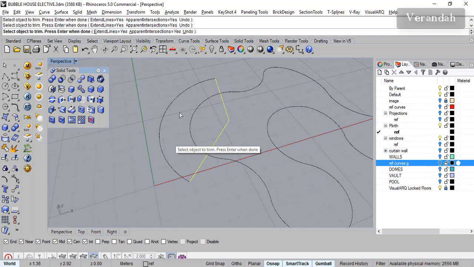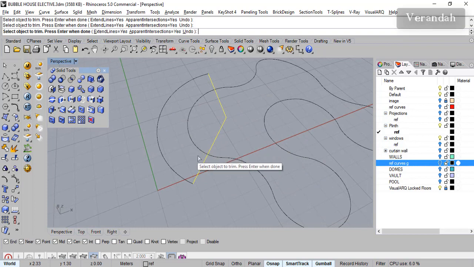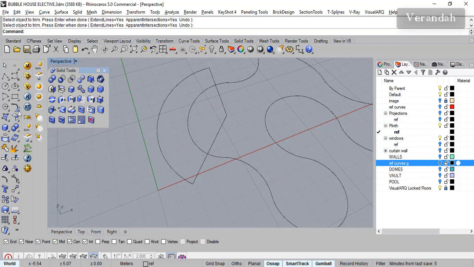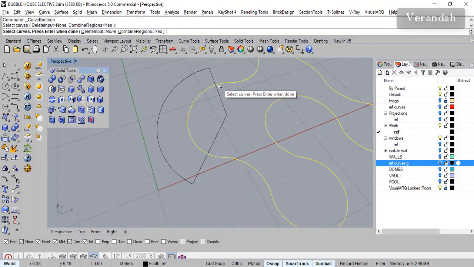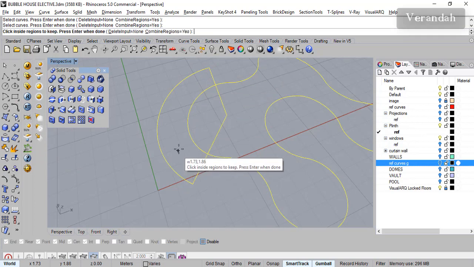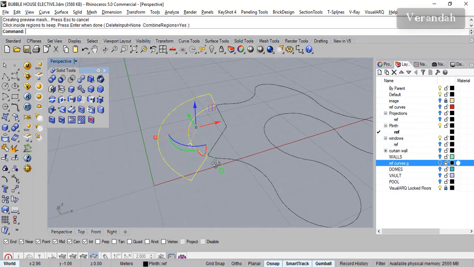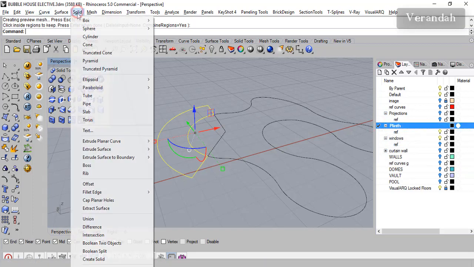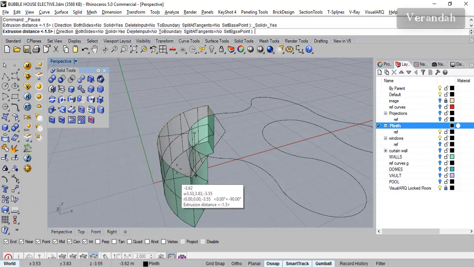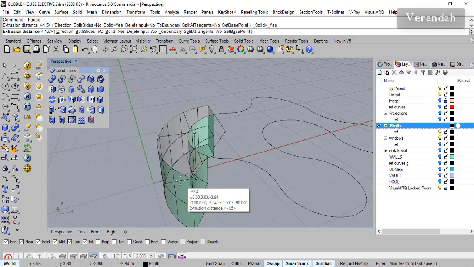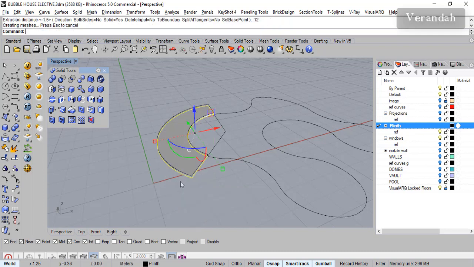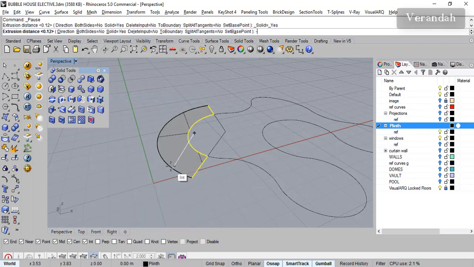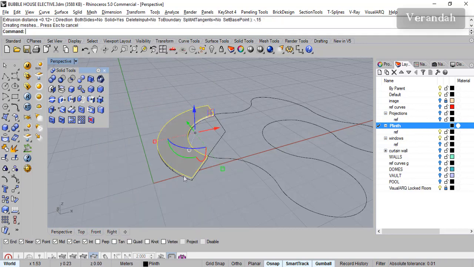So this is the length of extent of my veranda, but again I need a loop here for me to extrude this portion. So what I do is I again go under boolean, select this, enter, select under this, enter. So we have a loop, and now we can just do a solid extrude, straight, and this time we are going to go down, and we are going to give it a thickness of say 0.12, enter. Should have a minus, solid extrude, minus 0.15,